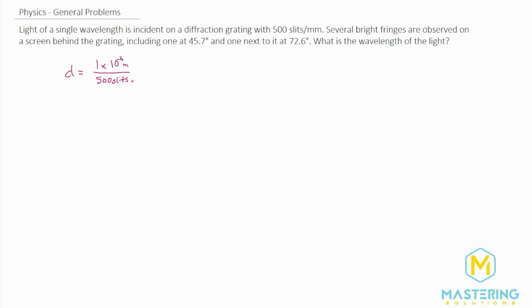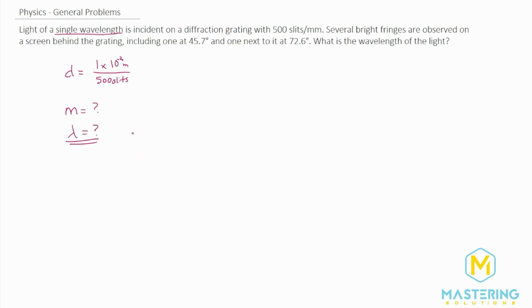We're told that we have a single wavelength of light. And when they tell us that there are bright fringes observed with these angles, we know that they're different m values because we only have one wavelength. We don't have to worry about whether this is m1 for one wavelength and m1 for another wavelength. It's all the same light, just a single wavelength. So we don't know what the m is though. We have to figure that out. And ultimately, what we're trying to solve for is the wavelength. This is our whole goal, right? So how do we get there?